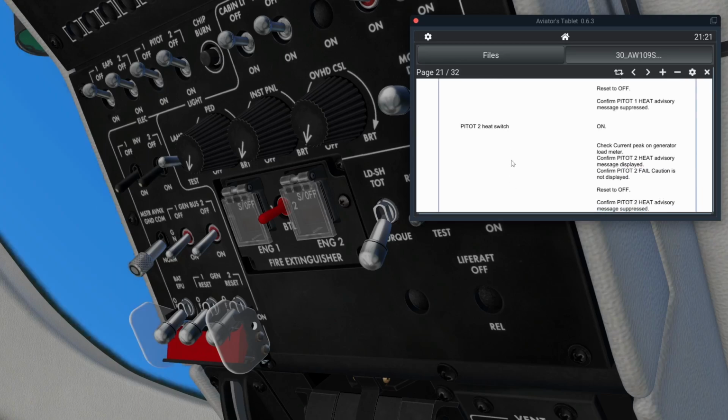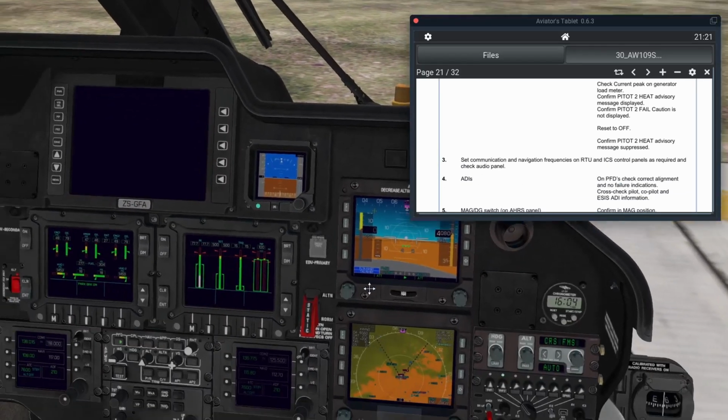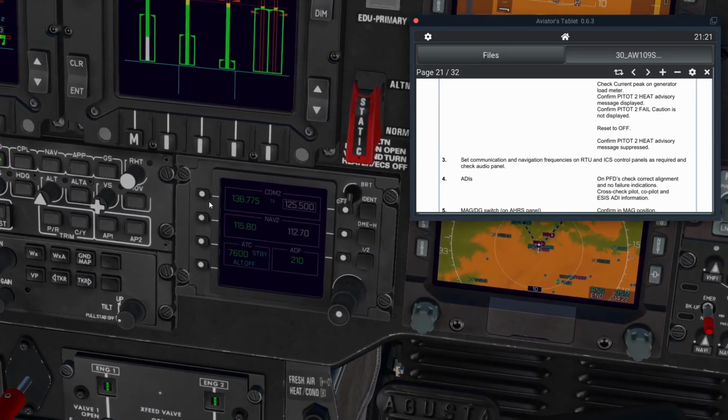There it is. Set communication and navigation frequency. So here I'm just going to show you. Okay, to set a frequency, here you just press this, and then you use the knobs here. Okay, and for example the ATC, here you click, and then let's put it back. Or you can type, okay, here 7600, and now press,